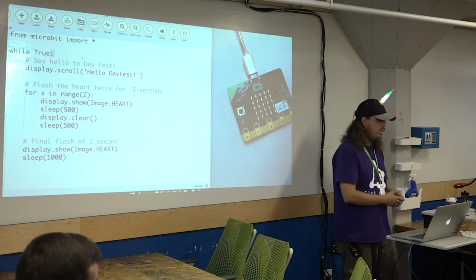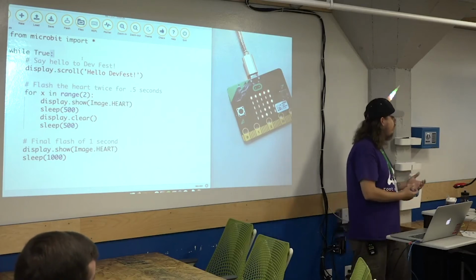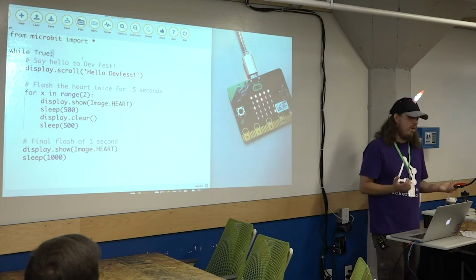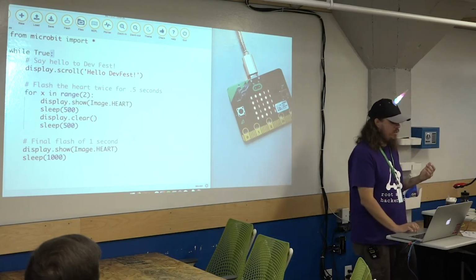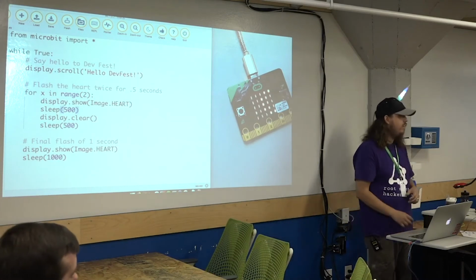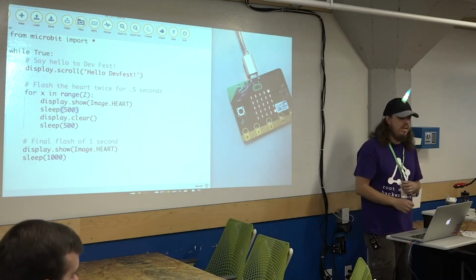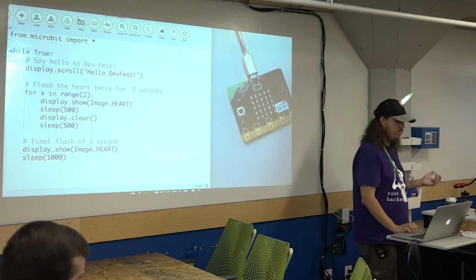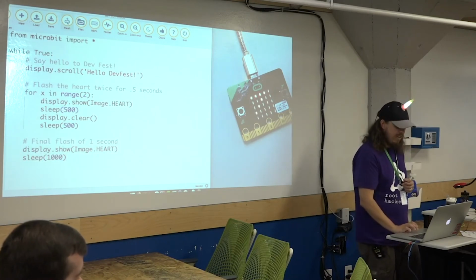So in this example, we're going to import everything from the Microbit. We're going to say hi to DevFest, and then we're going to flash a heart a couple times. We're going to show the heart, sleep for half a second, clear the display, sleep for half a second. So we'll get 2 quick flashes, followed by a third longer flash where the heart's on for a full second. So if I flash this,